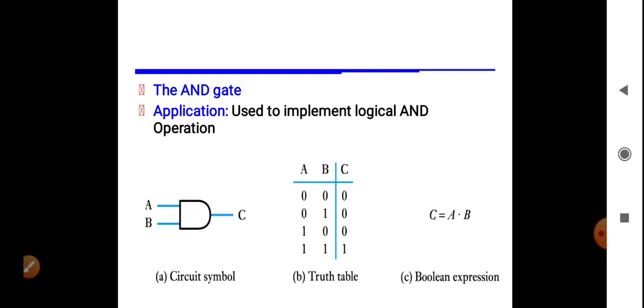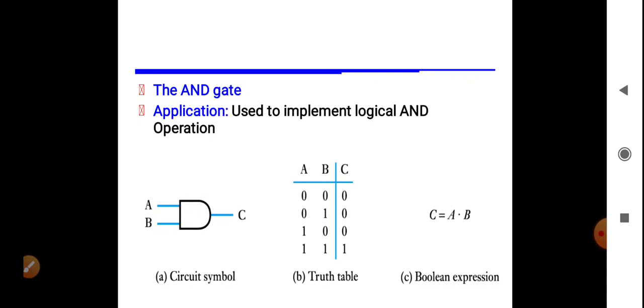Or in simple words, in the electrical understanding, I can say that your AND gate is nothing but a series setup. So here if a bulb is connected through two switches, if both the switches are on, then only the bulb will glow. If at least one of the switches is open, the bulb will not glow. So here the equivalent for the AND gate is nothing but a series circuit.